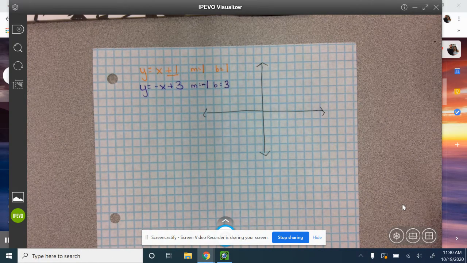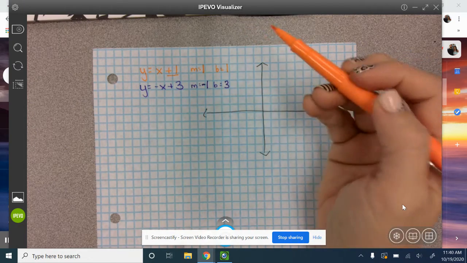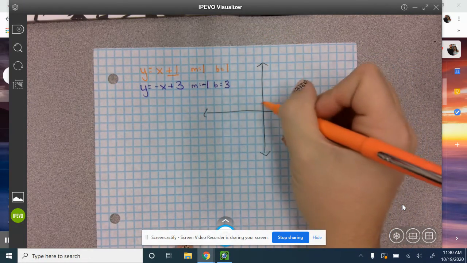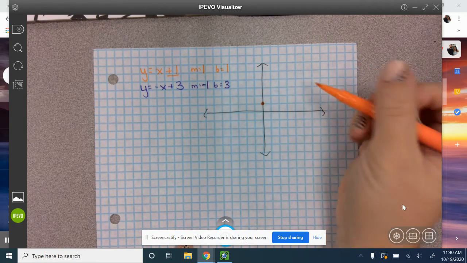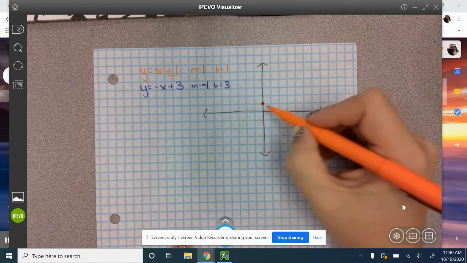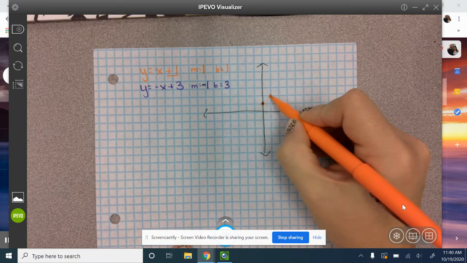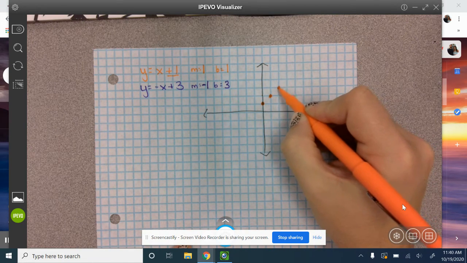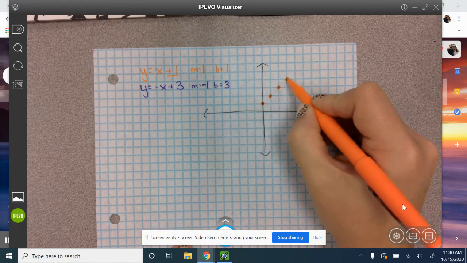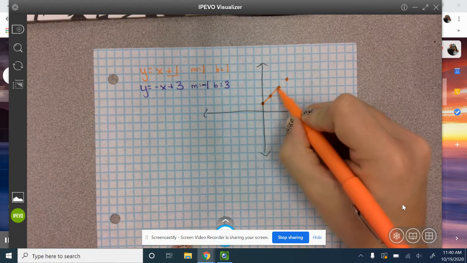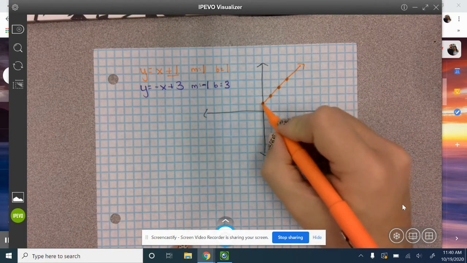Now, what we do is we graph both equations. So I'm going to graph my first equation now, the one in orange. Plot your y-intercept, so go to 1 and put a point. And my slope is 1, which means I go up 1, to the right 1. Up 1, to the right 1. And then we're just going to connect the dots